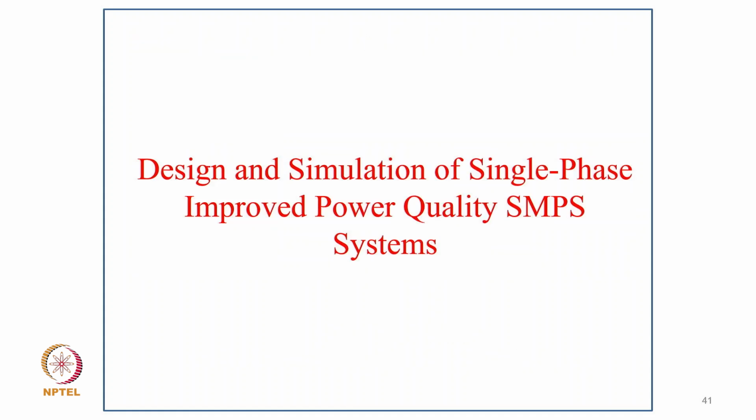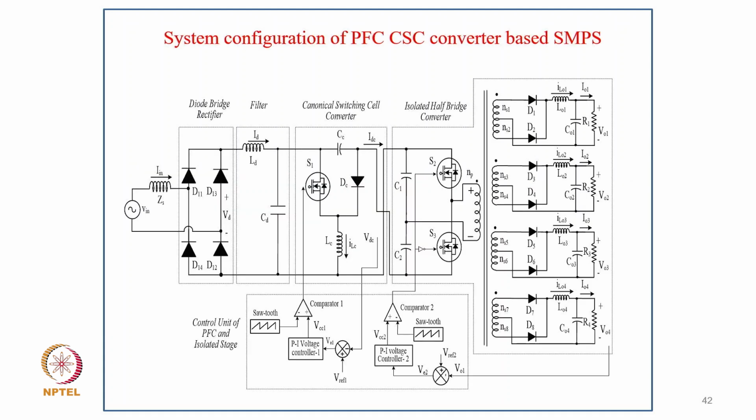So coming now to the typical design and simulation of a single phase improved power quality switch mode power supply system, for improving the power quality. In this case, as you can see here, before this half bridge converter, after the diode rectifier, we use the LC filter, and then we use the canonical switching cell converter, which is a buck boost converter. And why is the buck boost converter used in between your switch mode power converter, half bridge and multiple output,